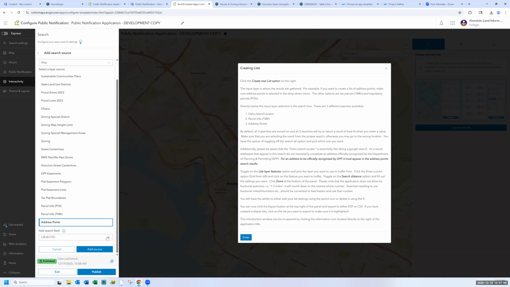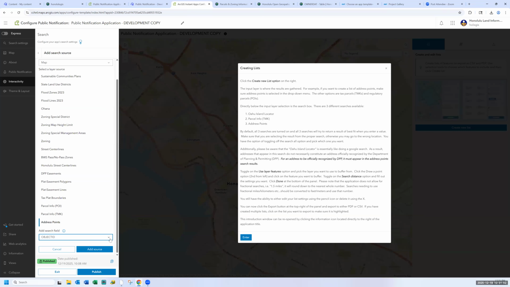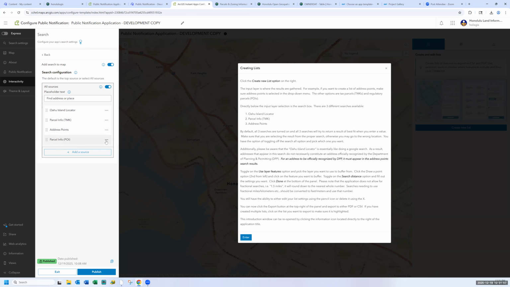So just when you're setting up the layer search features at the beginning, you have to make sure that you get this right the first time. And if you don't, the easy workaround is just to delete the search source, and then re-add it a second time and make sure that you select the correct field when you're initially setting it up. So it's not a huge issue, but it can be a pain if you forget about it, and then you get confused later on for why your search isn't working as intended.